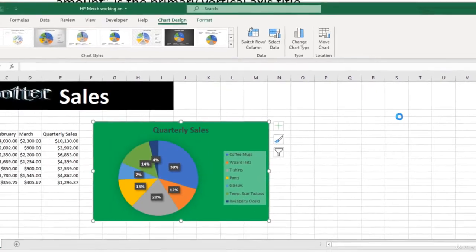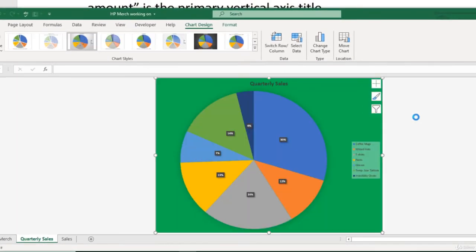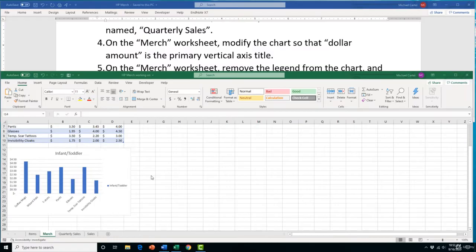And then what you should see is the chart blow up into its own chart sheet, and it should be down here in the worksheets where your worksheets are located. And it doesn't matter where I place this new chart sheet, just as long as it pops up as its own chart sheet. Task 4 is going to ask us to go to the merge worksheet, and then we're going